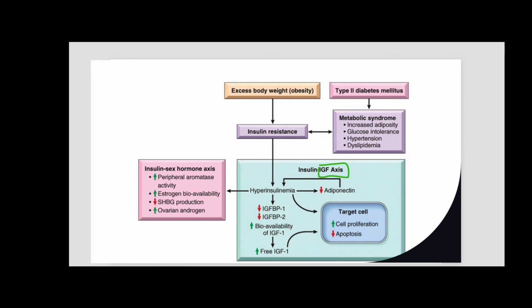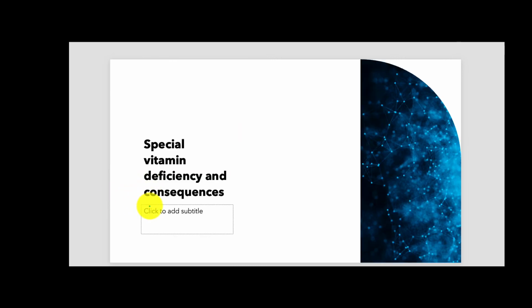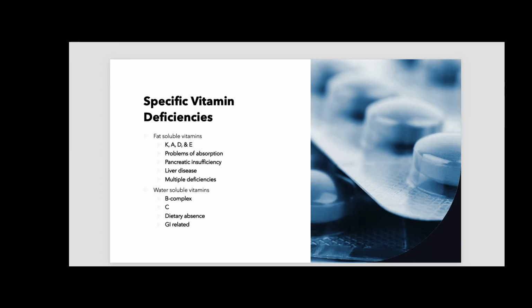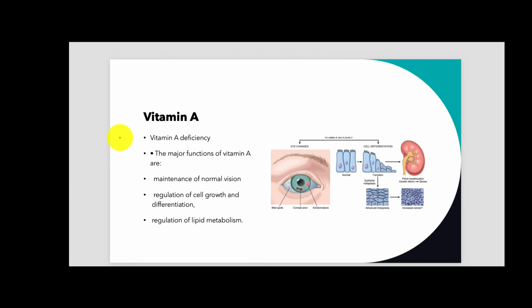And then on the last few slides here, if you don't want to do obesity and you want to do vitamins, well, I have some examples here. I'm not going to read these to you. I'm going to let you do this on your own. Here are some examples of deficiencies. I give you some examples of what happens with vitamin deficiencies. So, of course, vitamin A deficiency leads to blind spots, right? Also night blindness when you can't drive at night.